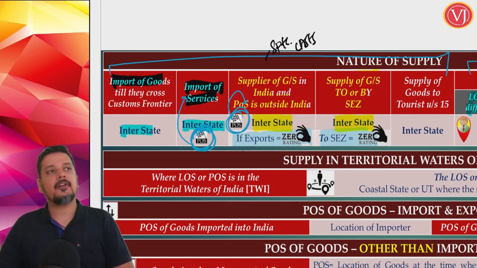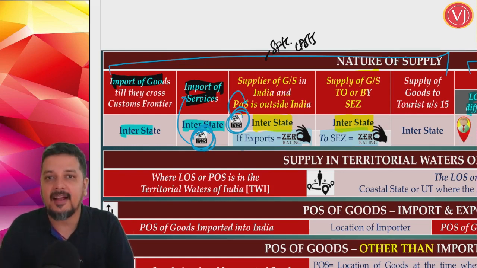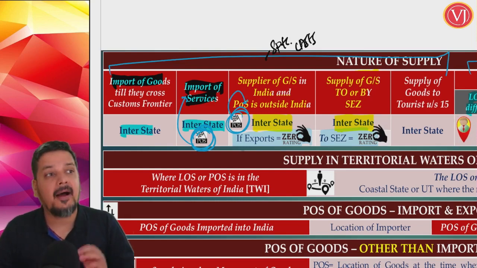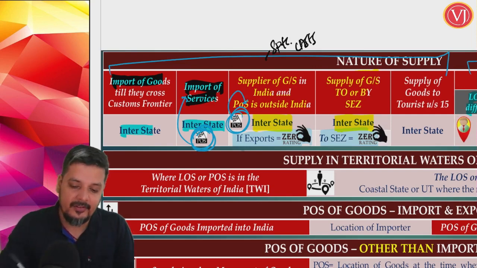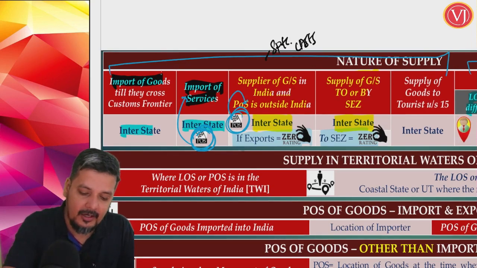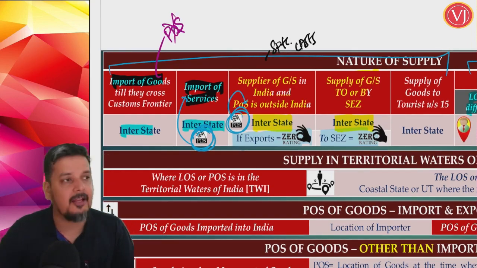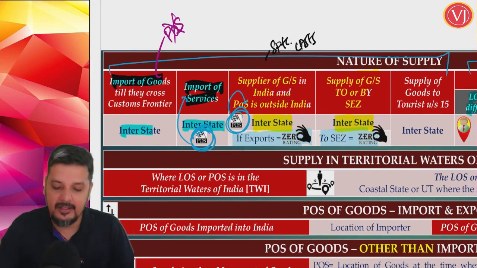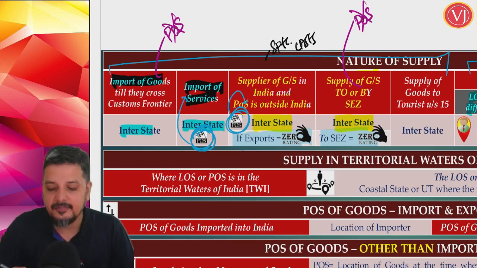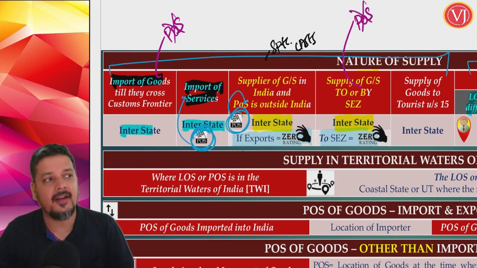But if you see things carefully, when you are talking about an SEZ transaction, by SEZ or to SEZ, you need not find place of supply. By default, it is IGST. If it is import of goods, you need not even find place of supply. By default, it is IGST. If it is supply by SEZ or supply to SEZ, you need not find place of supply. By default, it is